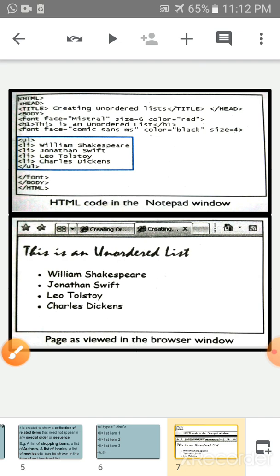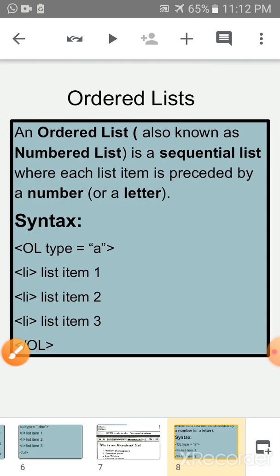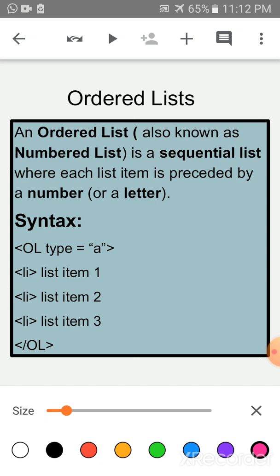clear? Now children, come to the ordered list. Children, ordered list, which is also known as numbered list. It is a sequential list where each list item is preceded by a number or a letter. The syntax of ordered list is OL. OL means ordered list. Again LI, list item.